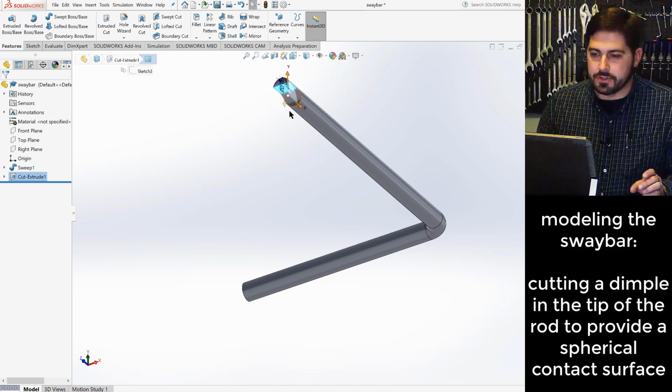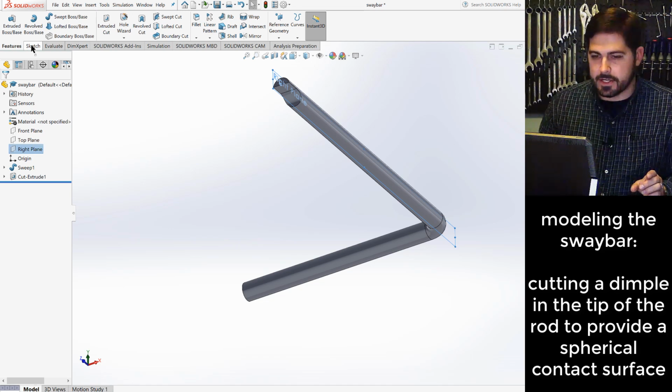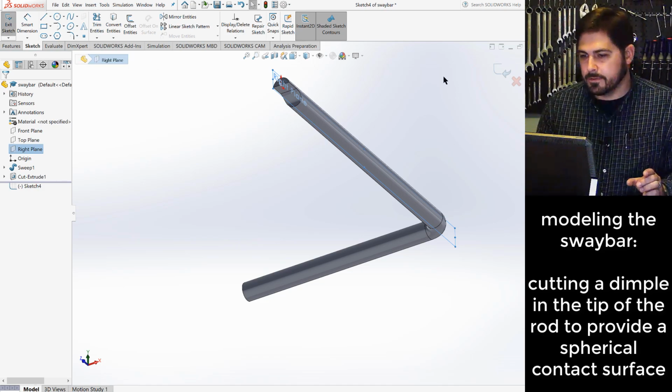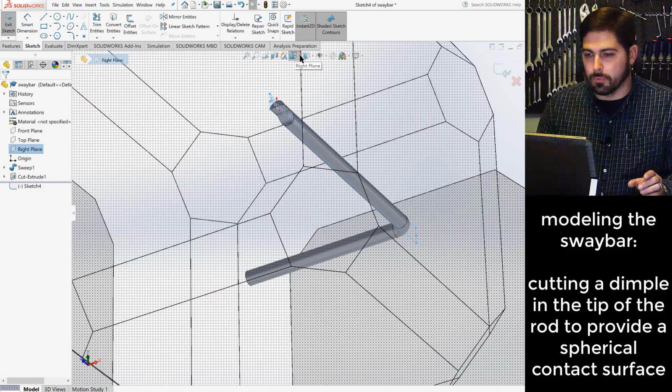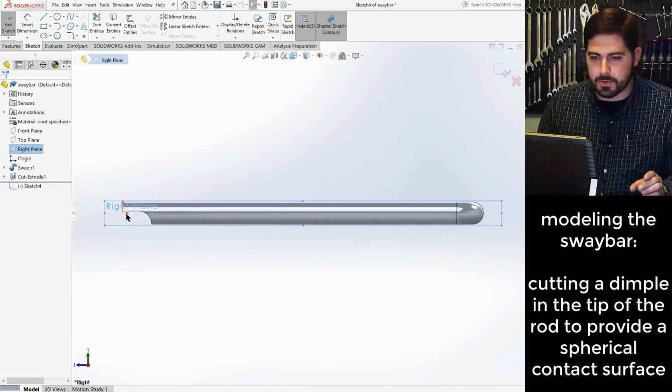Technically, I guess I could do it on that face, but I don't really want that face. What I'd rather do is pick this right plane right here and do a sketch on that plane. Let me do this normal to command here real quick. Okay, on this right plane,